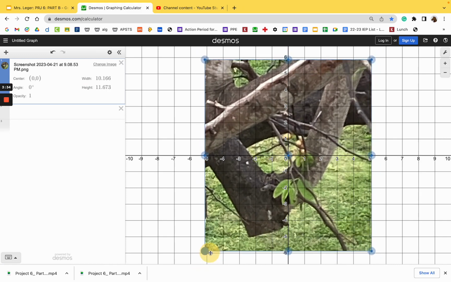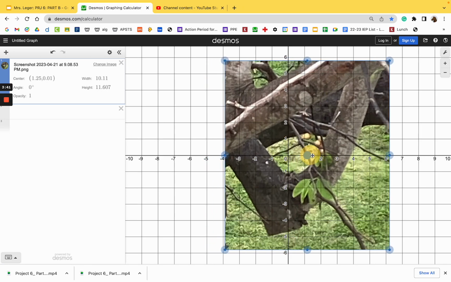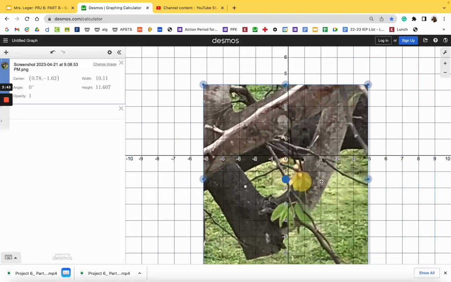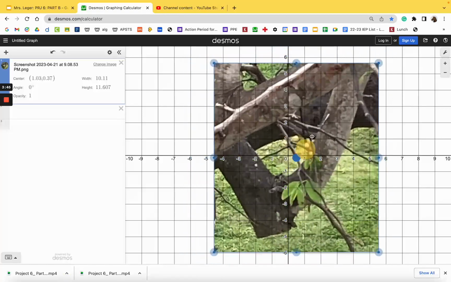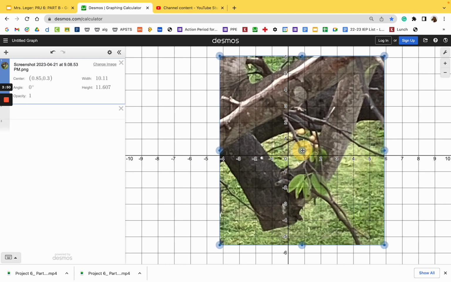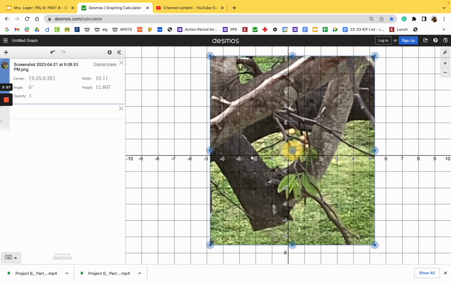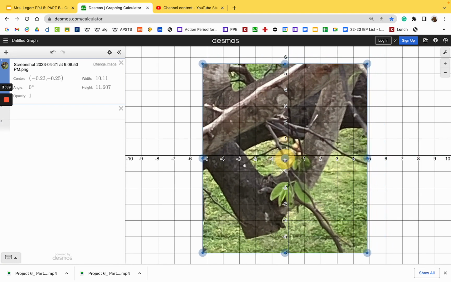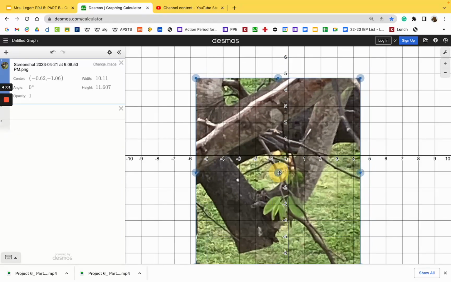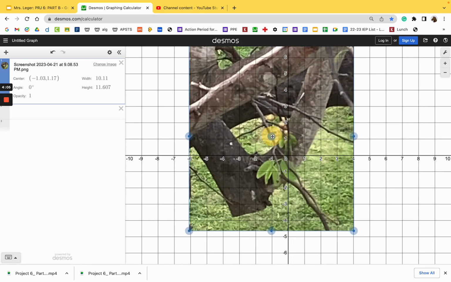Make it bigger. If you want to actually move the picture around, you're going to click on the middle one and drag it wherever you want it. Now, remember I said that the vertex and the axis of symmetry cannot be at 0, 0. And so the way that it's set up right in the center, you're not allowed to do that. I want you to offset it, still crossing through the x-axis and the y-axis. So I'm going to actually do it about here. You could totally do up here,